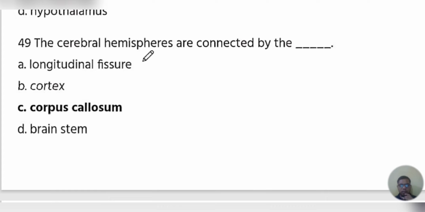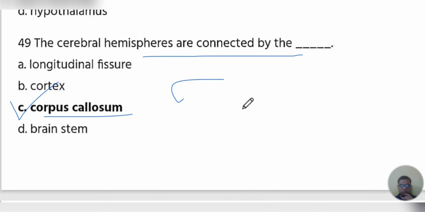The cerebral hemispheres are connected by the corpus callosum. The answer is C, corpus callosum. Okay. Next is